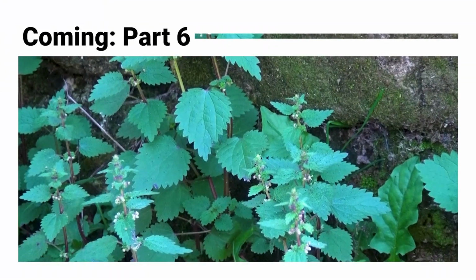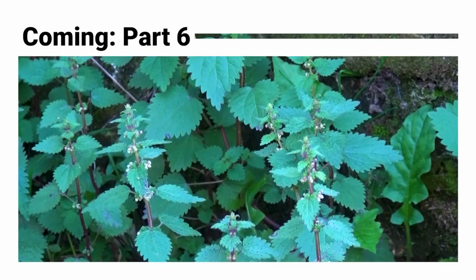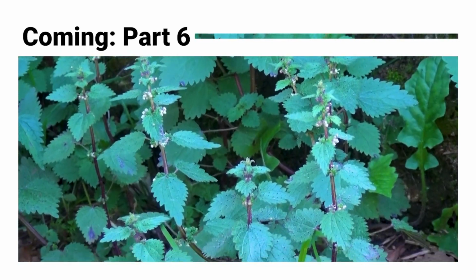However, you may not know that a stinging nettle is actually a superfood. It is one of the most nutritious